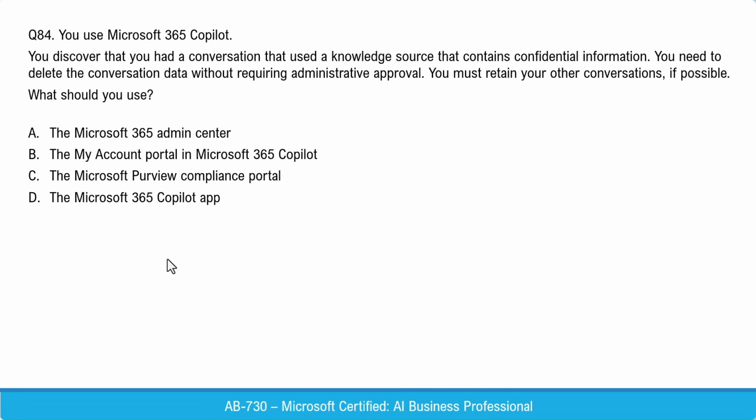Next question. You use Copilot. You discover that you had a conversation that used a knowledge source that contains confidential information. You need to delete the conversation data without requiring administrative approval. You must retain your other conversations if possible. What should you use? The options are M365 Admin Center, the My Account portal in Copilot, the Microsoft Purview Compliance